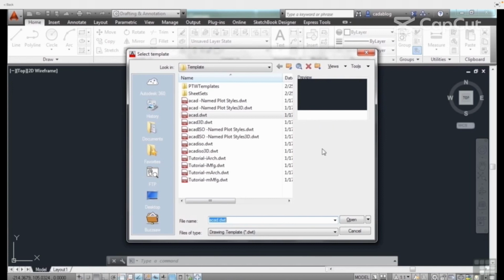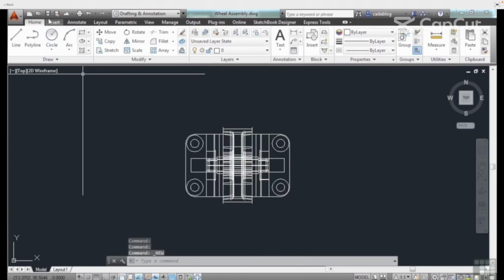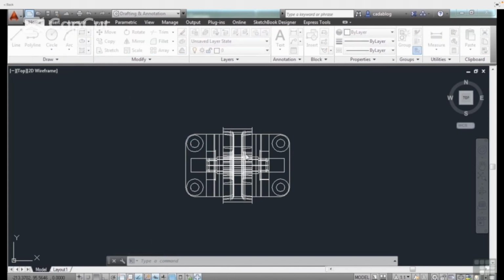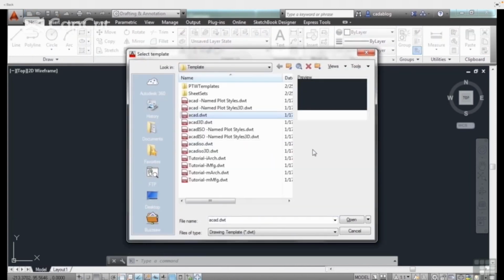Now you can also go up to the Quick Access toolbar and click on the New icon. This will bring up the same thing. Or, again, you can type in the word New, N-E-W, on the command line. Now this brings up your Select Template window interface. There are a lot of different template files here. The default is the